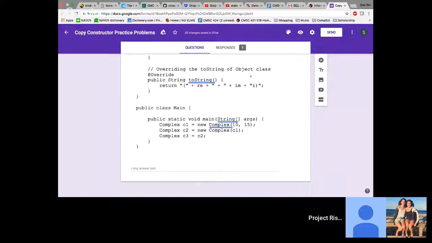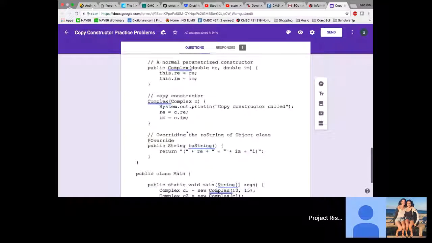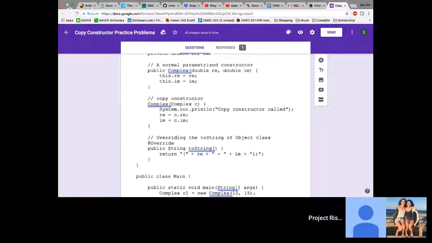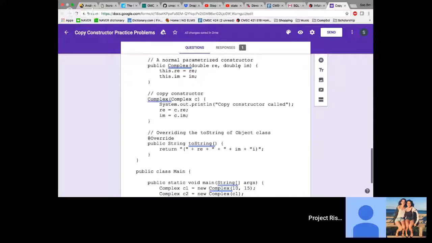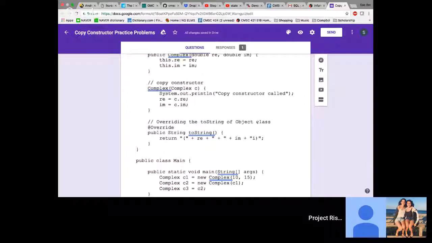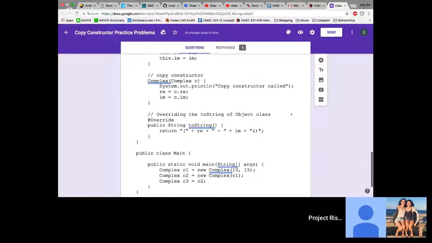Because if you look at C2 right here, you're actually going into the constructor and creating a new object, and then you're setting it equal to the object that was passed in. So you actually have a new instance, and then you are just populating that with, or literally copying, the values from C1 to C2. So now you have C1 and C2. But if you look at the third line, Complex C3 equals C2, what this is doing is literally, I wish I could draw on this, but what this is doing is,